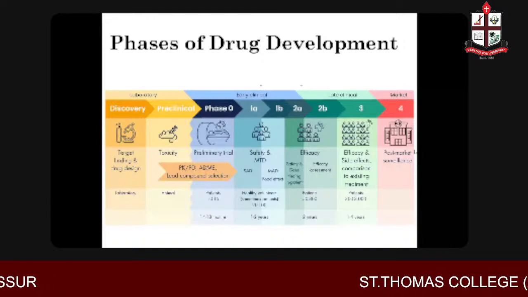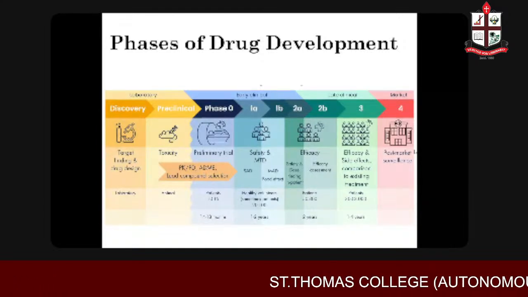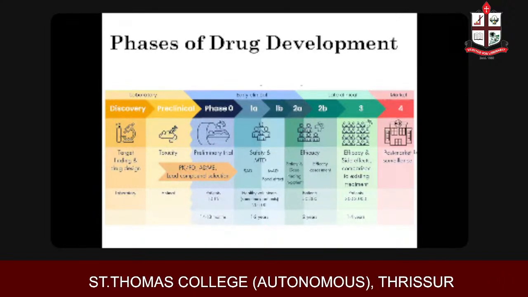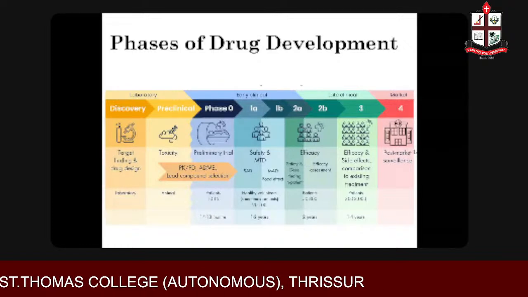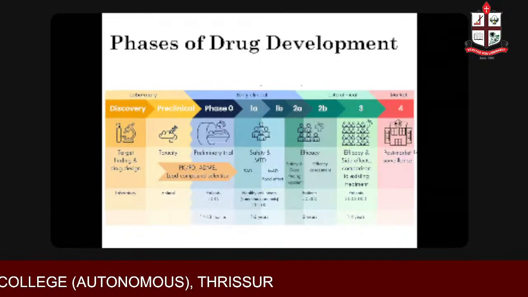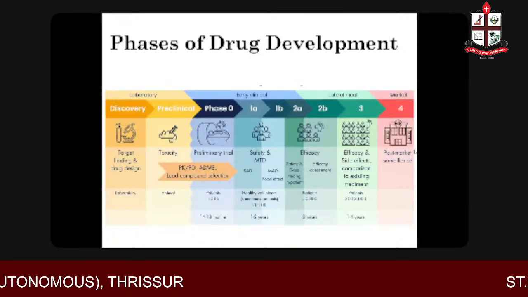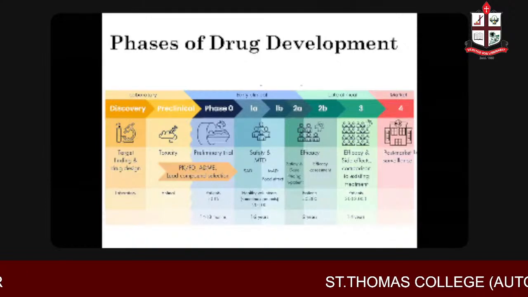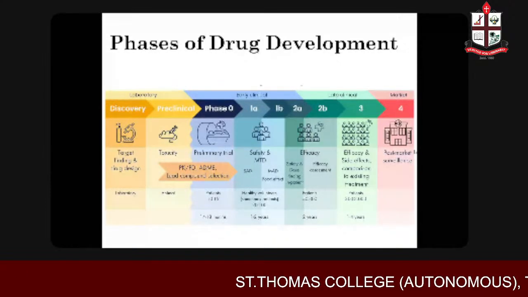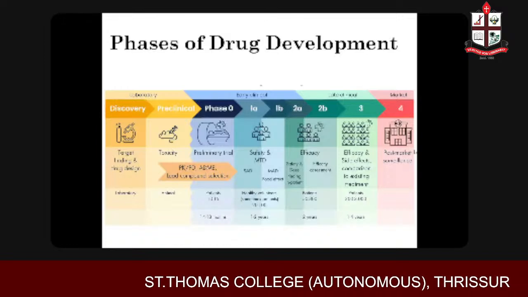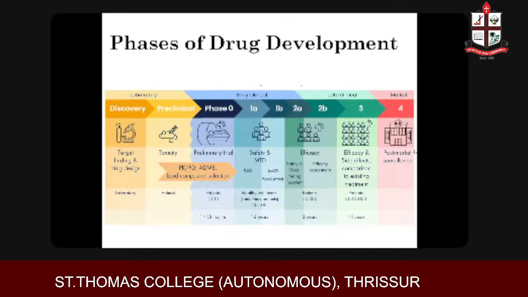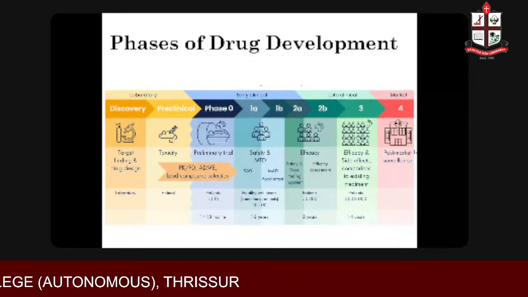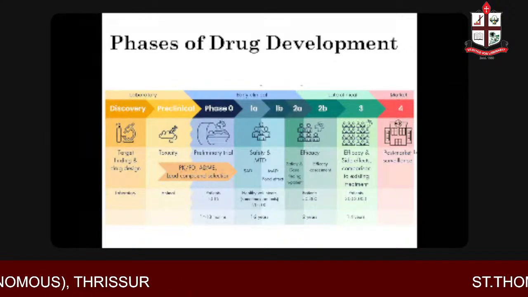For approving, we need to do the final phase, that is phase 3, where the efficacy and safety information, including long-term safety information, will all be collected from the experiment, and it will be submitted to the FDA. If the FDA or any other regulatory department, like the EMA or PMDA as I told, is going to validate the results which were submitted by us,